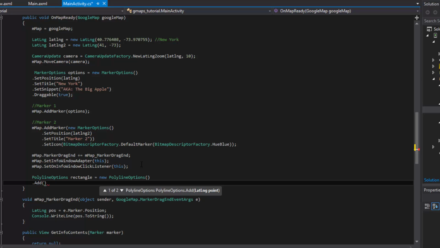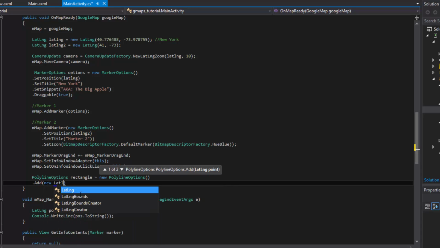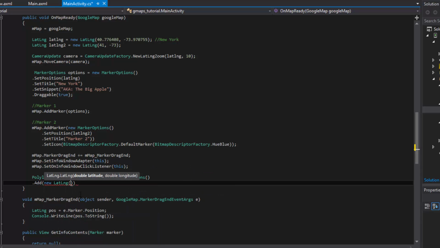The add method wants a latitude longitude point, so we'll do new LatLng, and we'll do 37.35, negative 122,